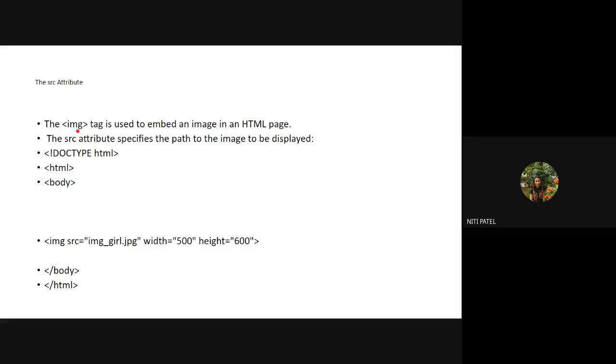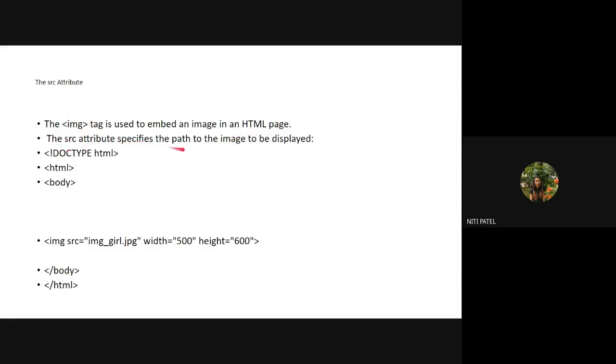Okay. Now let us see how the image tag works, and how we can use the attribute source inside the image tag. The image tag is used to embed an image in an HTML page. So if I want an image on my HTML page, which tag am I going to use? I will be using this img tag.